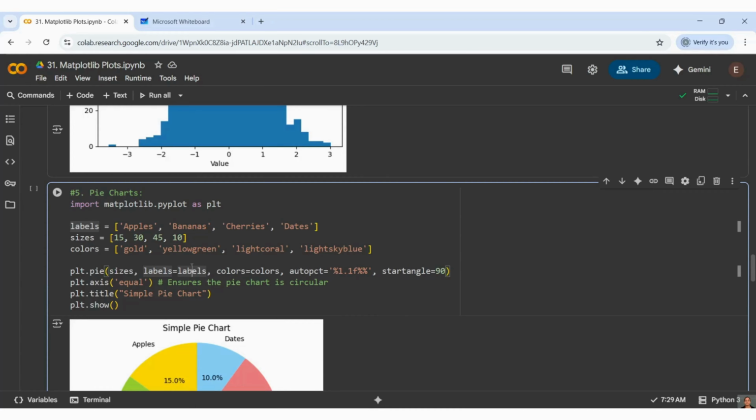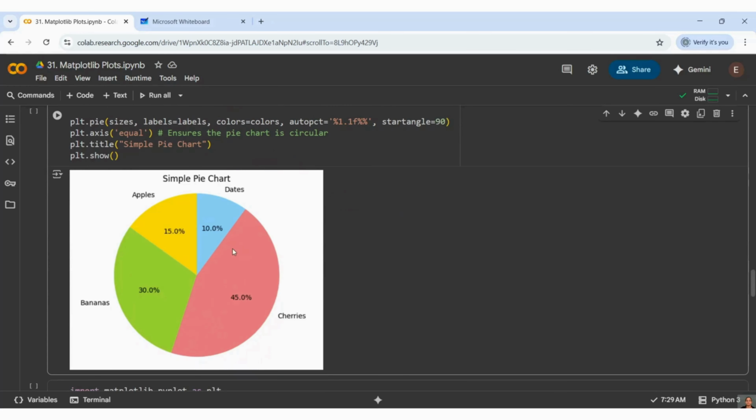You can take all students together in sizes, or you can give the student count. Okay. In mathematics, I have 50 students. In chemistry, I have 30 students. In physics, I have 90 students. And in biology, I have 20 students. So these many students passed. If I draw that same thing in a pie chart, how is it going to come? This is how it is going to show you the percentage.